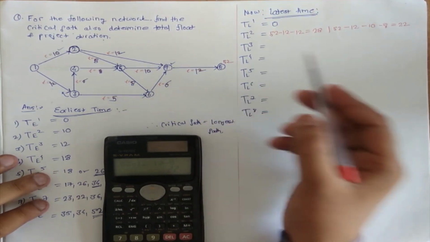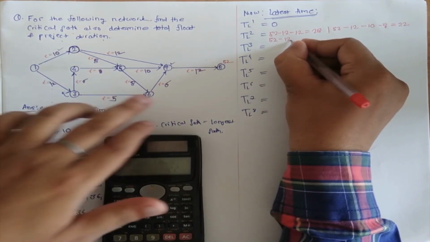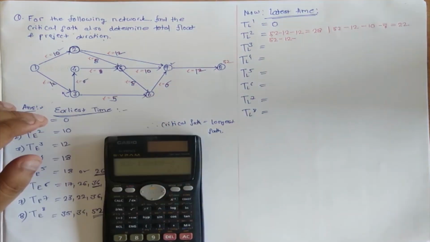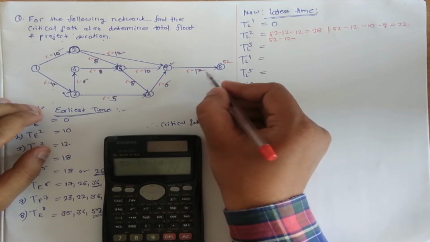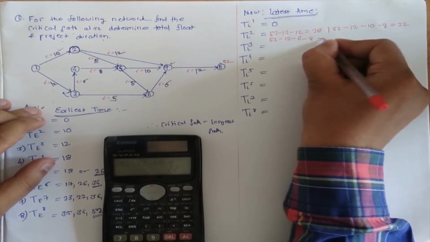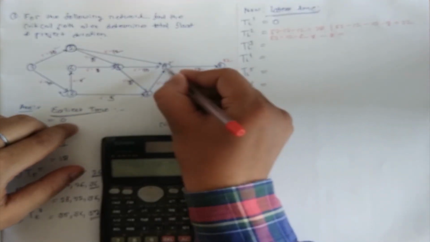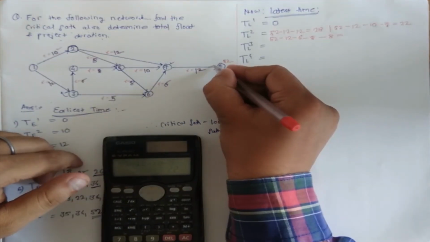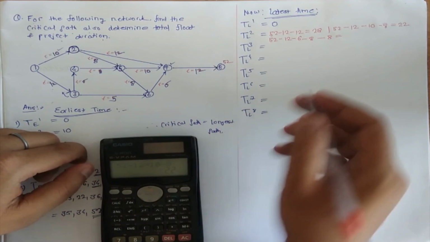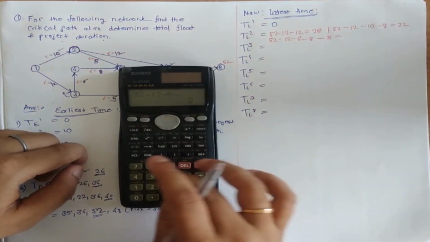So 52 minus 12 minus 6 minus 8 minus 8. We need to reverse the arrow. Ensure you are going in the direction opposite to the arrow. Ensure that your path is opposite to the arrows. So it is coming out to be 52 minus 12 minus 6 minus 8